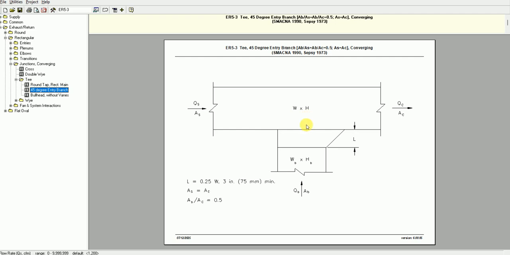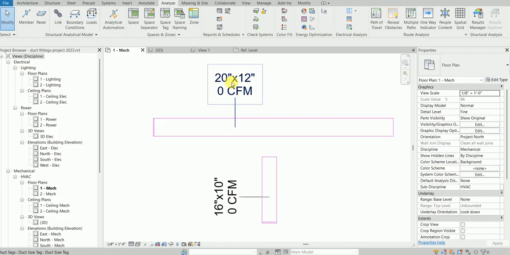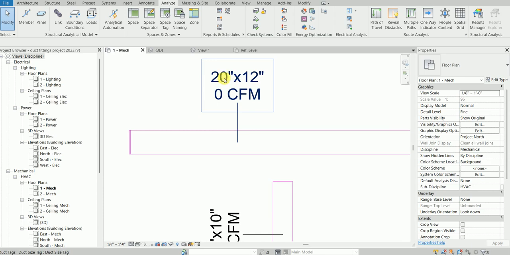which is very convenient for most of the people. The thing is, there is a limit of the ratio for the branch to the inlet of the areas of the duct, which is 0.5, and if this condition is met here inside Revit, and you can see that I have 20 by 12,